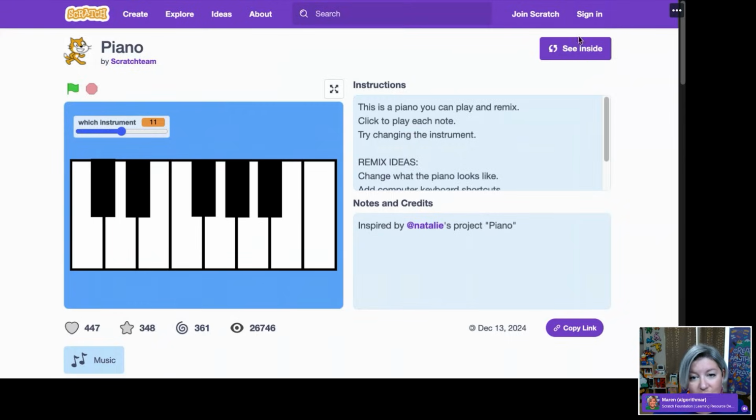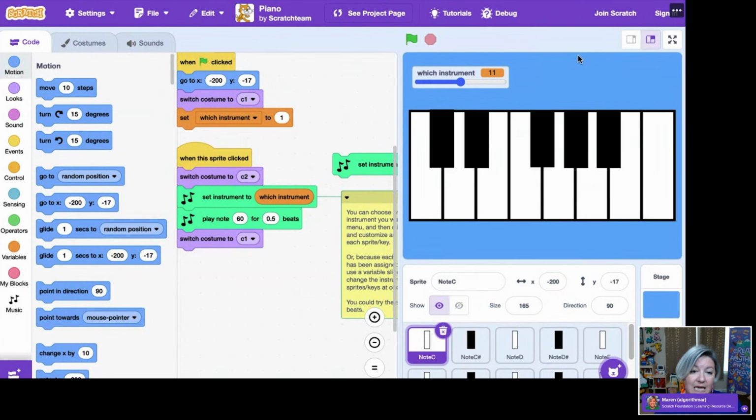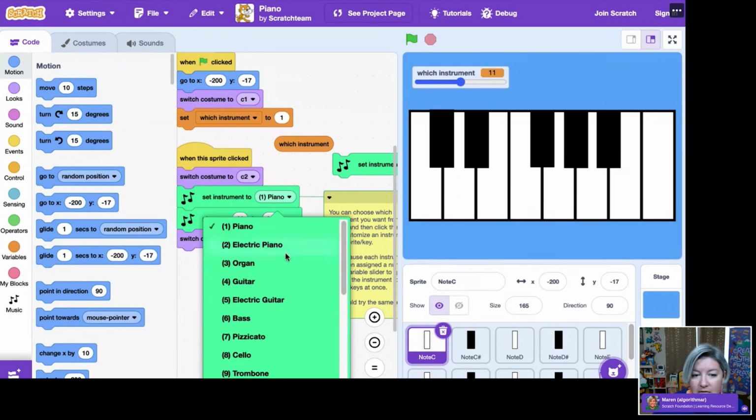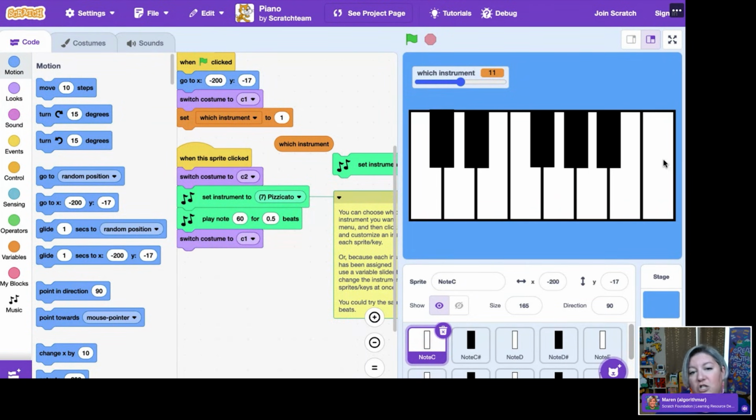When I go inside this project, one of the things that I see is that I could set the instrument for each individual note here, but just by changing the instrument in one place doesn't necessarily change it for everybody. So for this particular note, you'll see now they're two separate instruments because I've only set the, I pick instruments that are so complicated for me to say, Pizzicato here, I've only set that on this one sprite. So all the other sprites are still playing a different instrument.